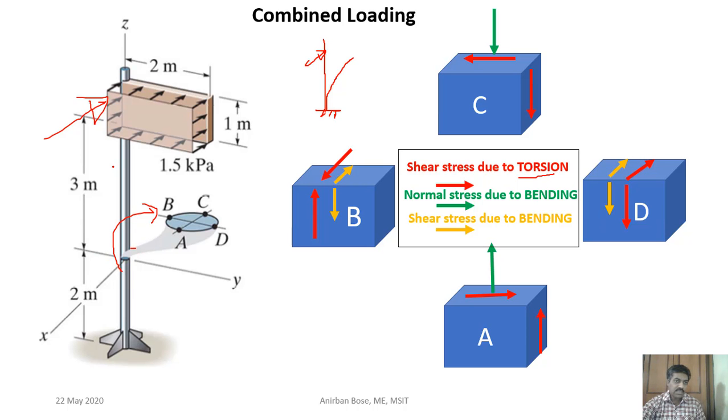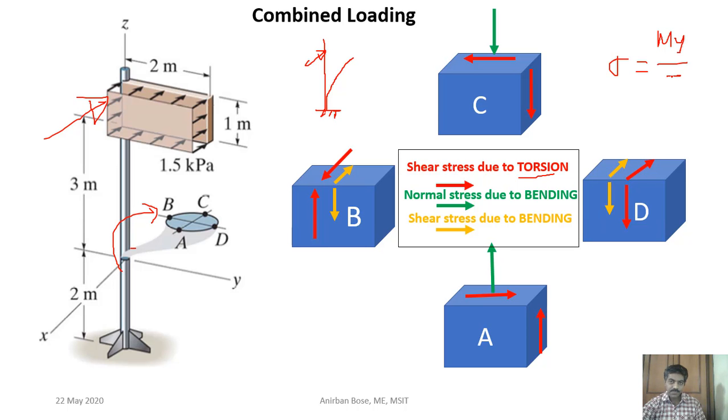Now if you just consider that bending effect, we know because of bending, two kinds of stresses are possible. One is normal stress, another one is shear stress. Let us first see what is the normal stress because of bending, and that has been shown by the green. Now if you remember the expression of the normal stress because of bending, that sigma is equal to My by